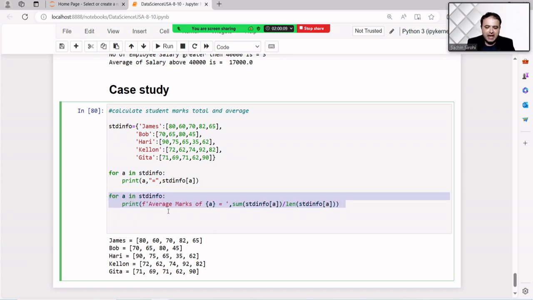So the same for the average. When we start the particular message with f, it is called the f string. It is a message, you can type any value, average marks, something like that. And when you want to print the value of any variable, pass it inside the curly braces. When you pass the value into the curly braces, you can print the value.